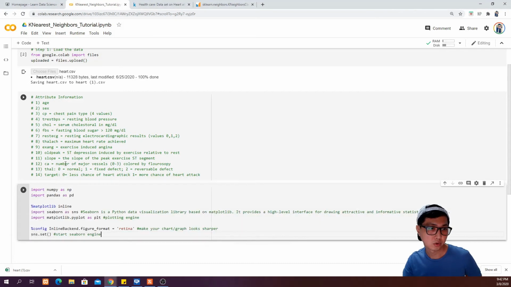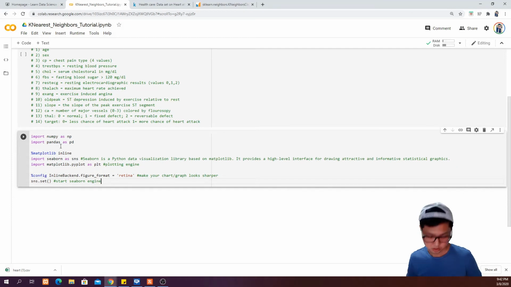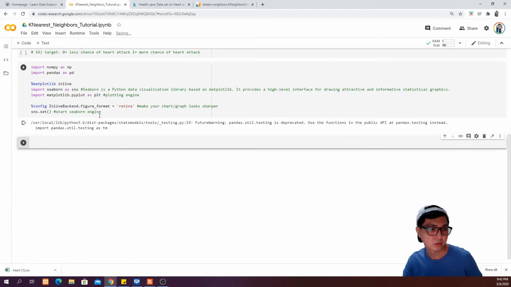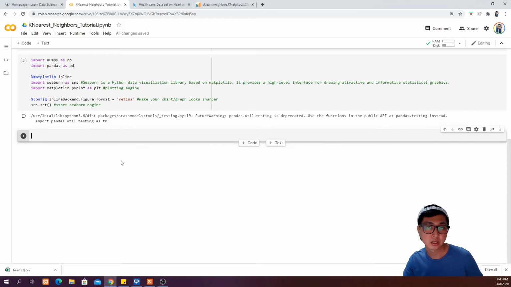I'm going to just copy paste to save time and go ahead and run it. You can see that I load in numpy, pandas, seaborn, and matplotlib, and then I also initialize the seaborn. So if you don't know what seaborn is, it is a plotting engine that can make your matplotlib plot even more beautiful. So yeah, the next thing that we want to do is to load in the data into a